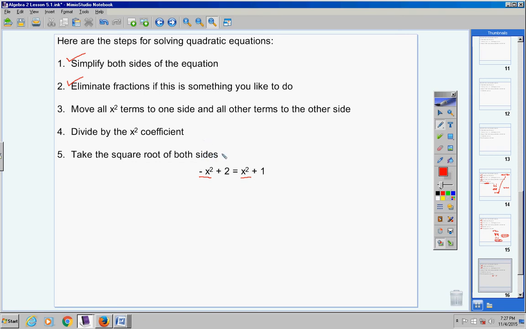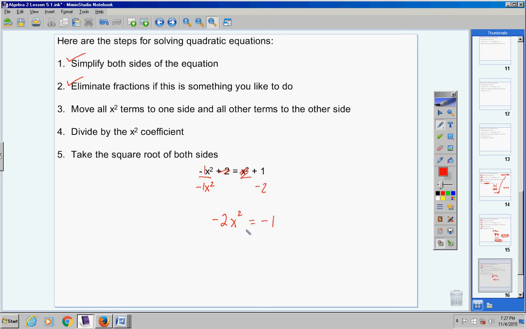Since I've been moving all of mine to the left side, I'm going to continue to do that. I'm going to bring the x squared over here and make it a negative x squared. I'm going to bring the positive 2 over here and make it a negative 2. So I have negative x squared, negative x squared. That's negative 2x squared, right? Negative 1, negative 1. You owe me 1 x squared, you owe me an x squared, you owe me 2 x squareds. Equal positive 1, negative 2, that's negative